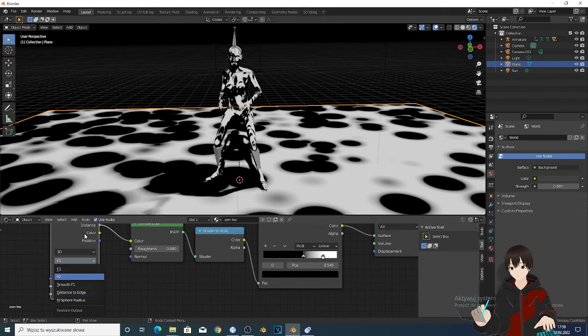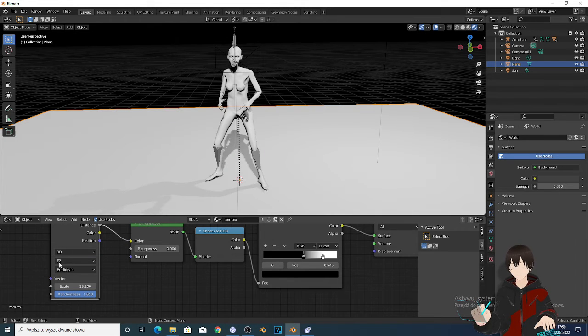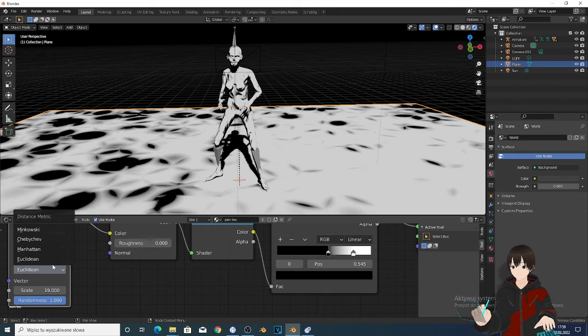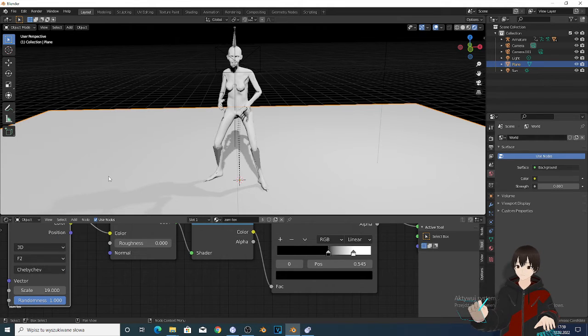And I can switch this from one texture type to another, from F1 to F2. You see what I am doing, and I can play around and do different kinds of patterns on my character. And what is very powerful